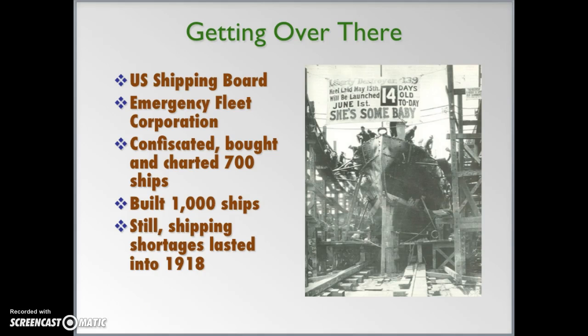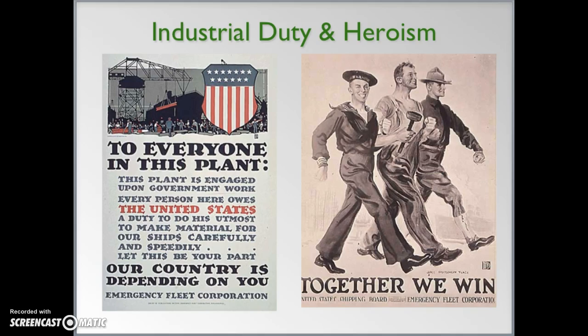What else about World War II? We got to get over there, right? It's across the Atlantic Ocean. So we have 2 different agencies created to build a bunch of ships. And just like the Germans thought, we do have difficulties getting over there, but we have enough to get troops over there. So we eventually swing the tide of World War I in our favor.